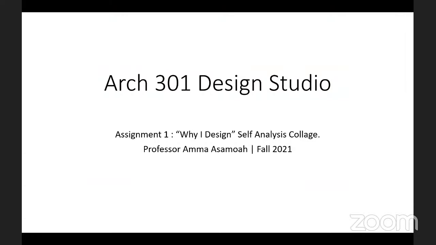Okay, so this is a project that I adopted first year when I co-taught with Jack Travis. And I think it's really helpful in terms of understanding how different media can be used to demonstrate your design ideas. So when I say self-analysis collage, don't think that that just means cutting out pictures or